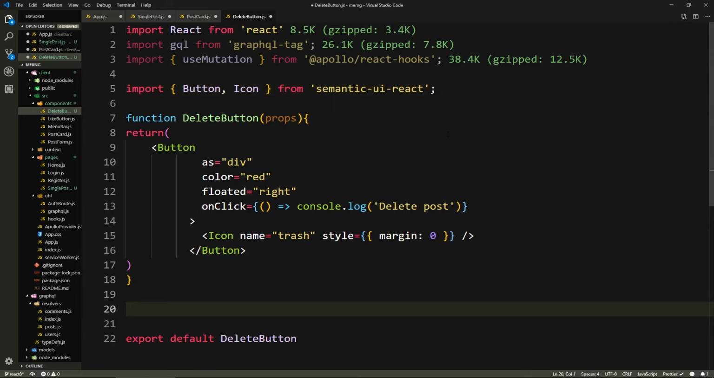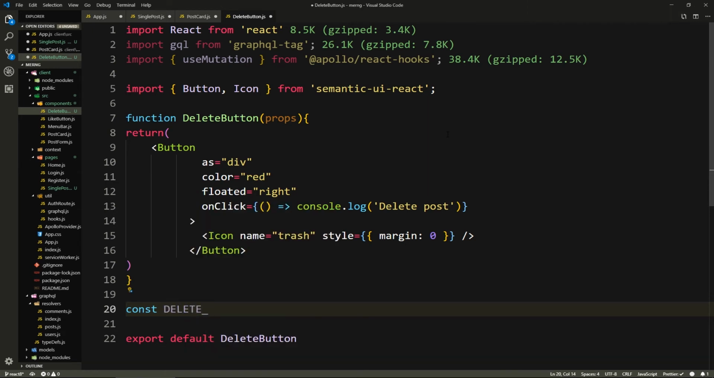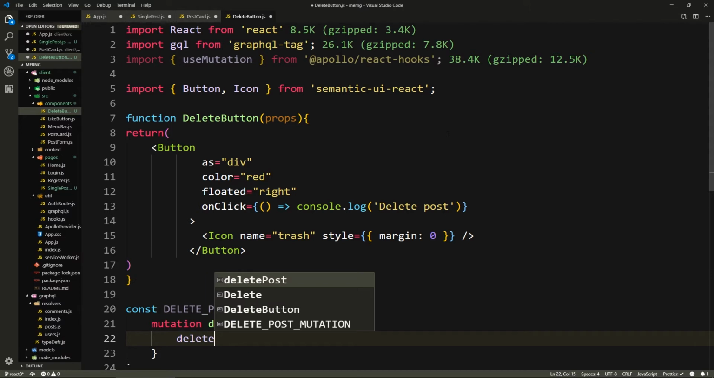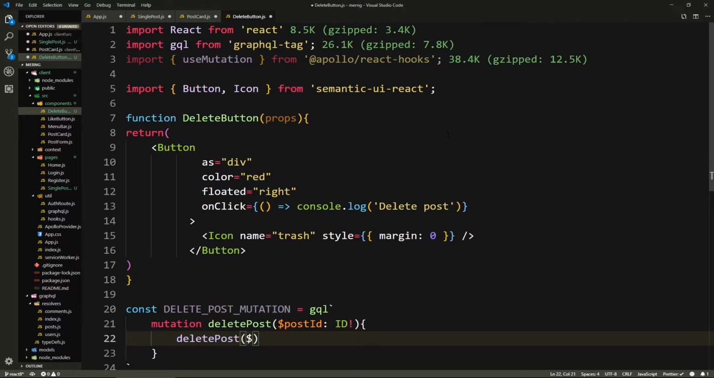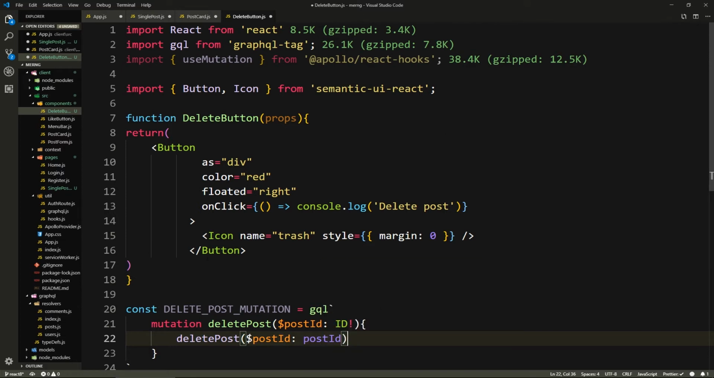So let's go to the bottom here, and let's write the delete post mutation. So we'll say const DELETE_POST_MUTATION equals gql, open the tag template, and we'll say mutation deletePost, and this will take a postId of type ID, and that's required, and it will just call the deletePost mutation and pass a postId of value postId. Now we don't need the return from this, we just need to make sure that it ran successfully,